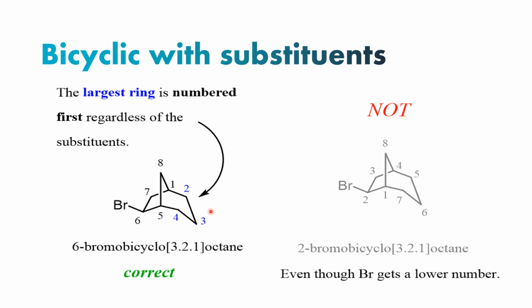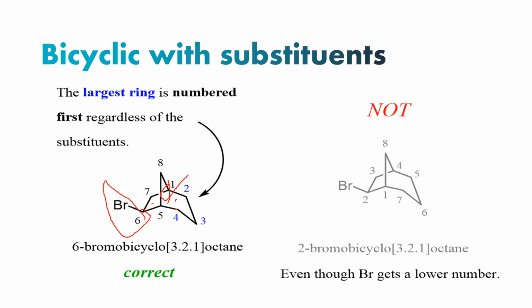In case of the substituent, again you can look for where the substituent is present. First of all, again you have to select, suppose these are the two rings, this is ring A, this is ring B, and this is the bridge carbon, so it is carbon number 1. So you can number the bigger ring first, 1, 2, 3, here is again 1 carbon, 4, then 5, 6, 7. So at 6th position there is bromo group, so we can write 6 bromo bicyclo,